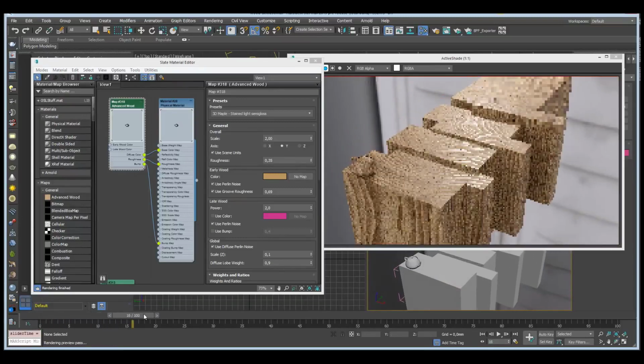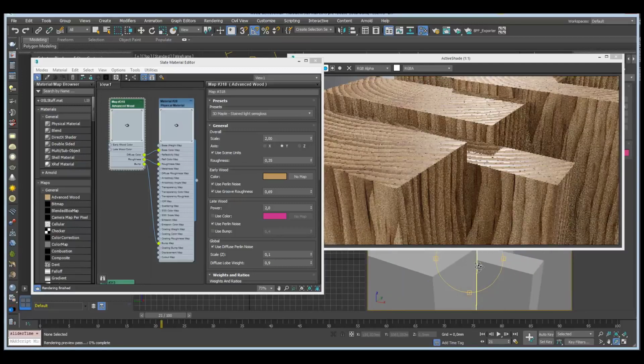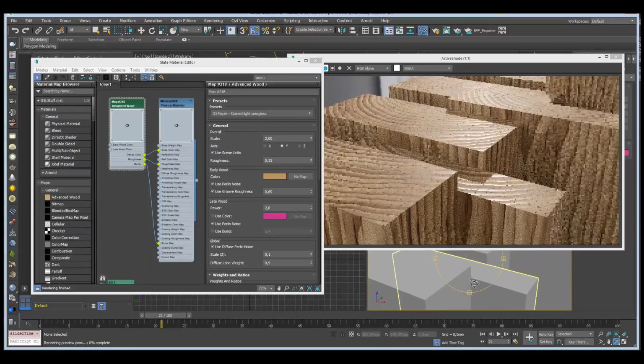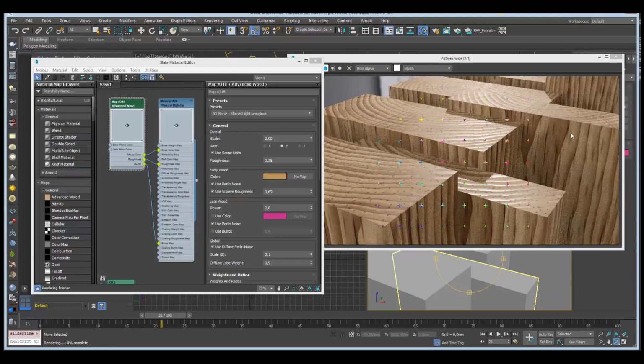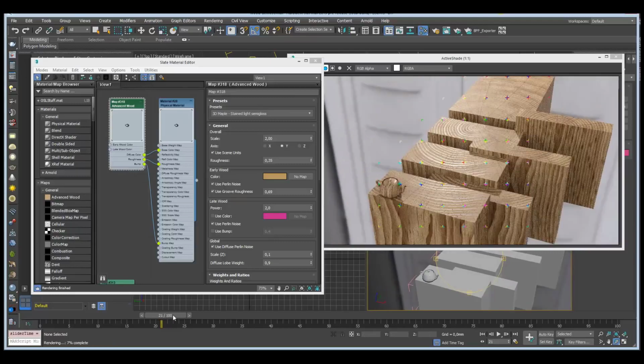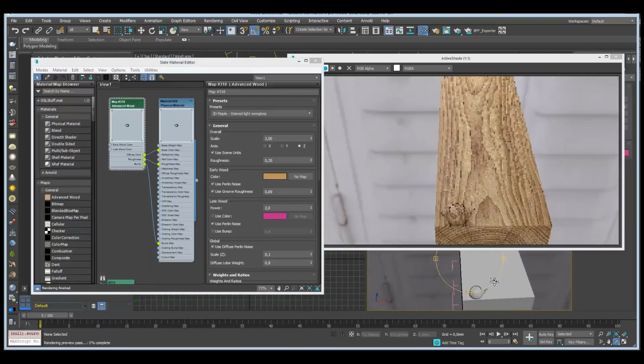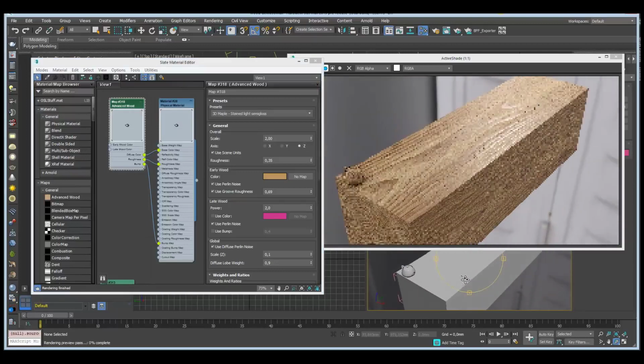And if we rip this apart a little in 3D and zoom in, we can check out all the delicious little detail of how the yearly rings touch the side, how the pores appear, the little glossiness changes, little streaks on the side. And I really hope you guys will enjoy using this map to make some juicy wood renders and some beautiful things coming out of Max